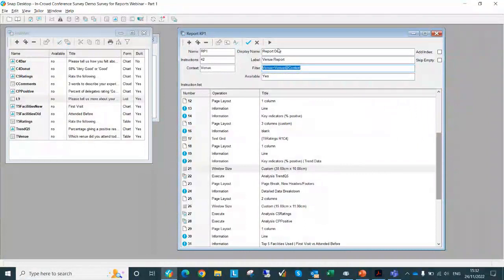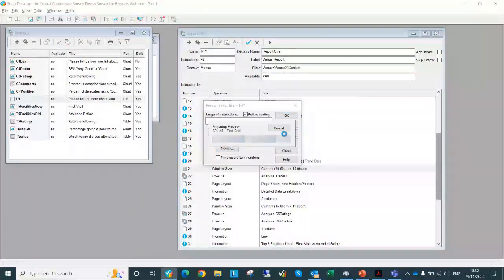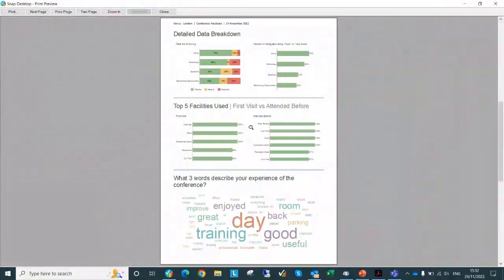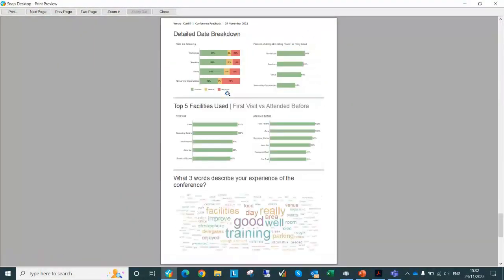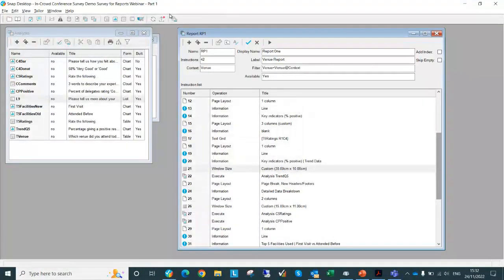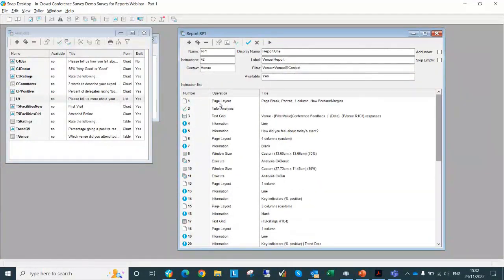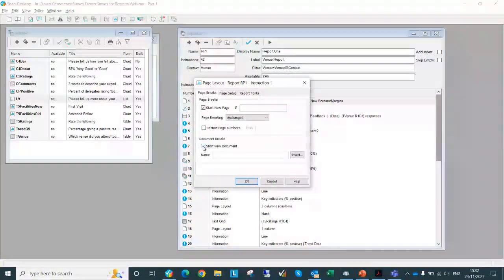Now at the moment, if I was to run the report, I will get one giant PDF, which is sometimes quite useful when you're previewing the report, because you can just literally scroll through. I'm looking at Manchester, so it's quite useful to just look at all the reports all at once. Ultimately though, you want to produce probably 4 separate PDFs. So I'm going to go into the very first page setup, page layout, and we can add a new document break. Even better, in the PDF,